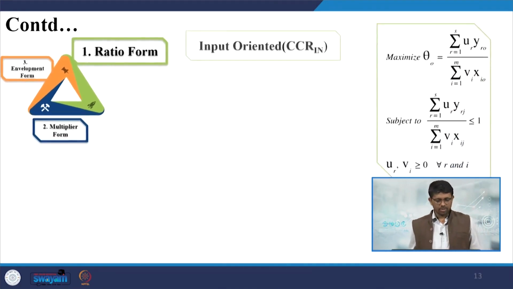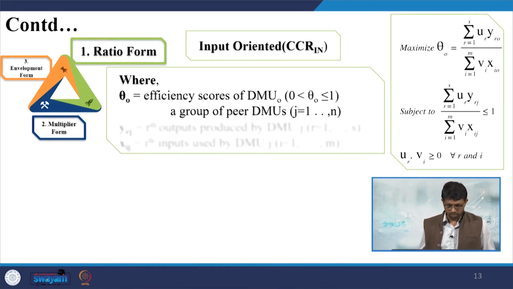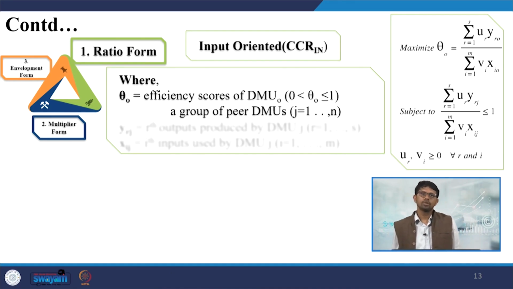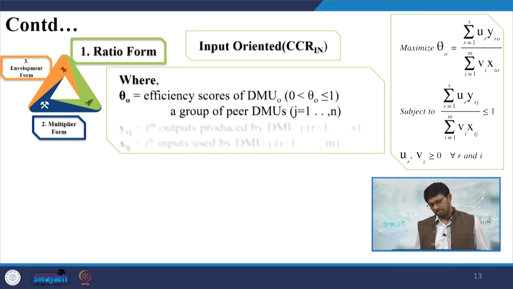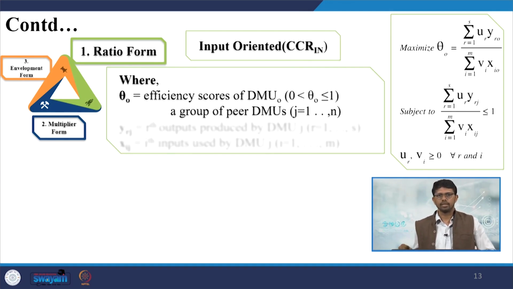Okay. Next, in the ratio form, while you are going through the input oriented model through the CCR, we have just mentioned once again that this theta of O, where O stands for the organization or the DMU, is precisely called the efficiency score. This must be at maximum 1, from 0 to 1. If it reaches 1, that means the efficiency score is considered to be the best. Hence, a group of other DMUs, accounted for j till n,